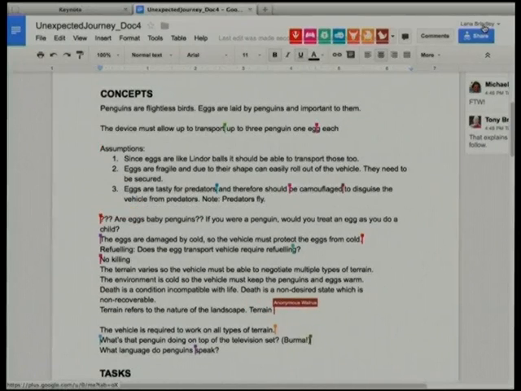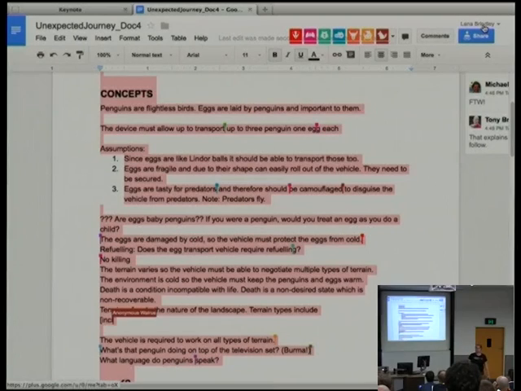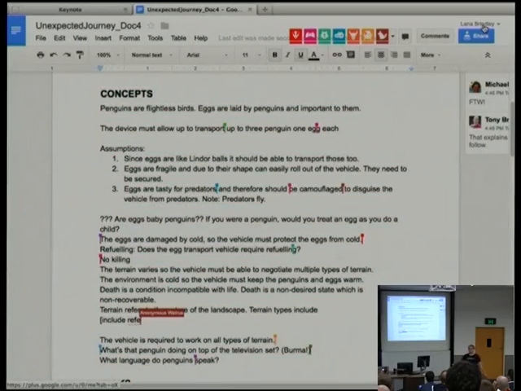So make sure we've actually got concepts. We haven't talked much about the vehicle itself at this point. So I think we can probably make some reasonable assumptions about what colour the thing might be. I don't think we've mentioned anything about the all-terrain tyres at this point. Oh, we have. My apologies. It is there.